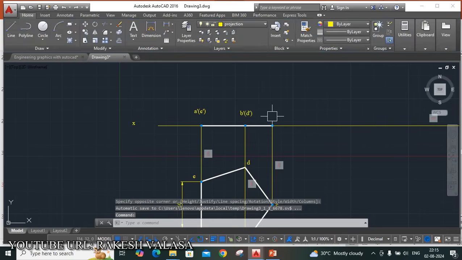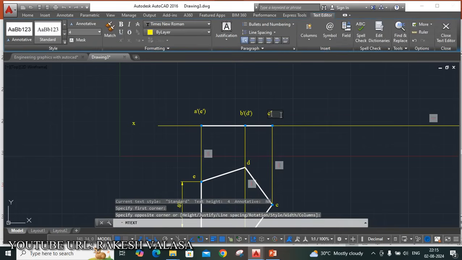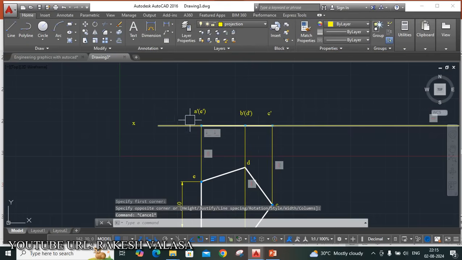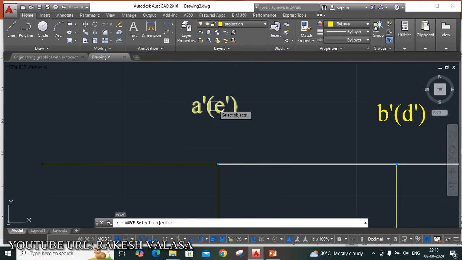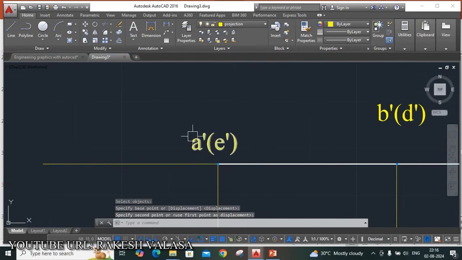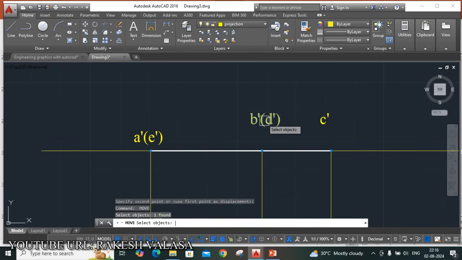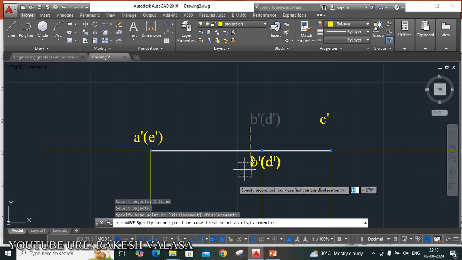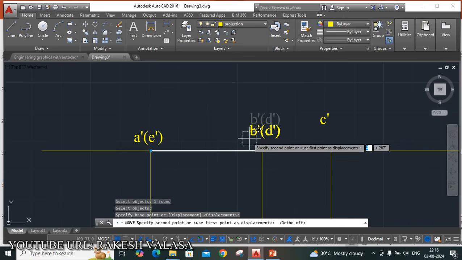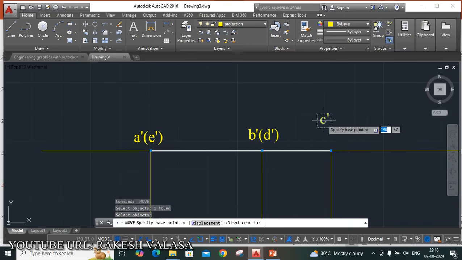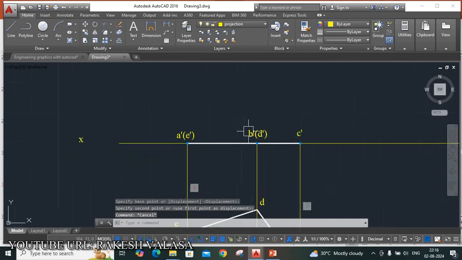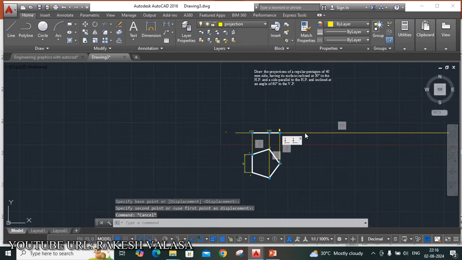The last one is C dash. Just adjust the text by using the move tool from this to this. Next from this to this. Next one, this point to this point. This is the initial position of the given problem.